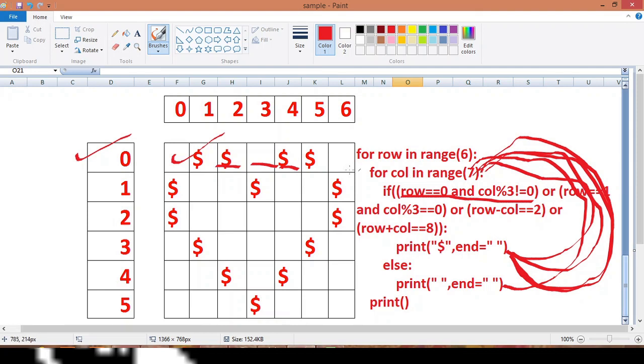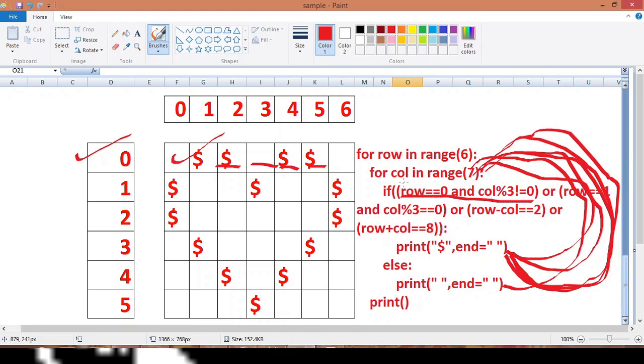This loop will be executed for the 6th time now. So 5 will be passed for the calls variable value, and it will check 5 modulus of 3 is not equal to 0. The condition again is true, and that's why it will come inside the if body. It will print the dollar sign in the same line. Okay, now it will again go, and again the last value of range, which is 6, will be passed to calls. Why last? Because as you know the end value is never run in range. It's always the end value minus 1.